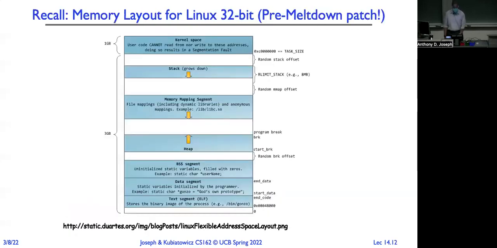So the reason why we map this kernel space into the process space is that when you go from user mode to kernel mode, let's say you want to write something to a file. So you provide the kernel with a buffer. That buffer could be spread across many different pages depending on how your virtual address space maps those pages to physical pages. By being able to use the process's page table, the kernel can just simply say,